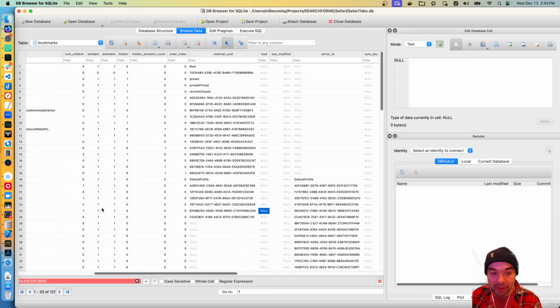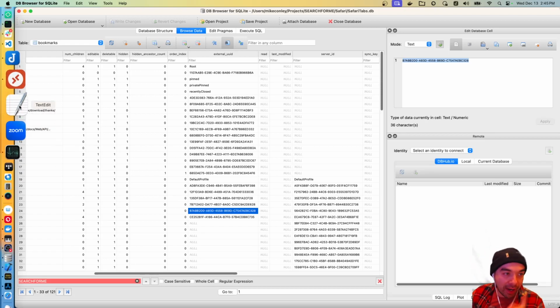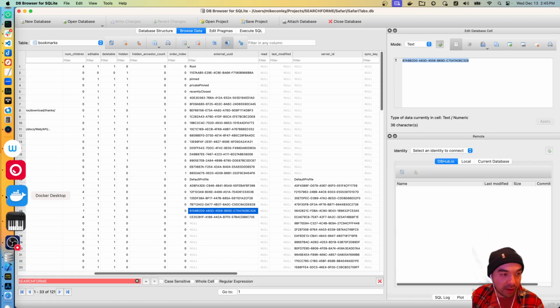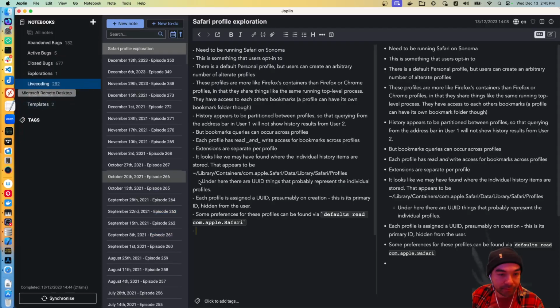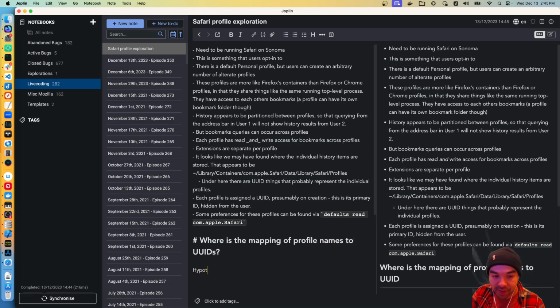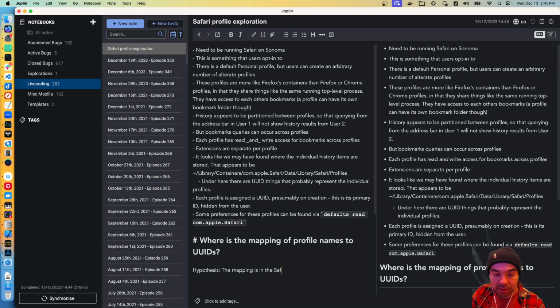Is that possible? Let's do an experiment. All right, here's a hypothesis. So here's the mystery we're trying to solve: where is the mapping of profile names to UUIDs? Hypothesis: the mapping is in the bookmarks, Safari tabs, or